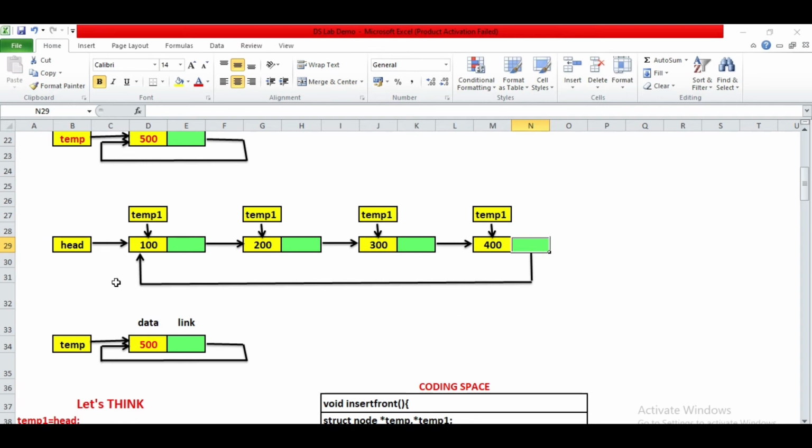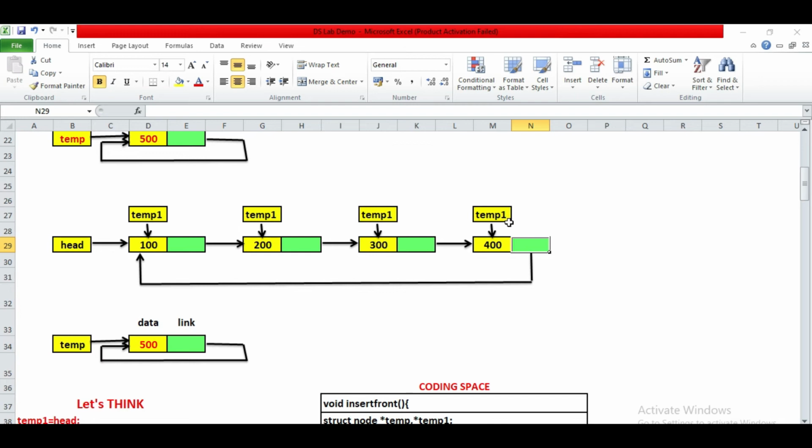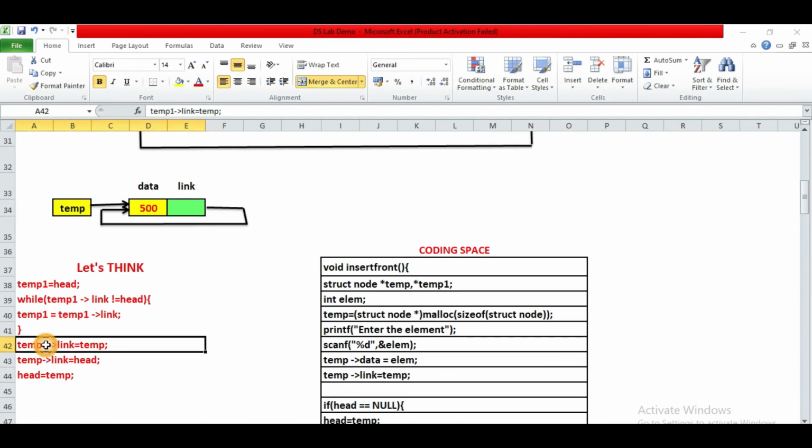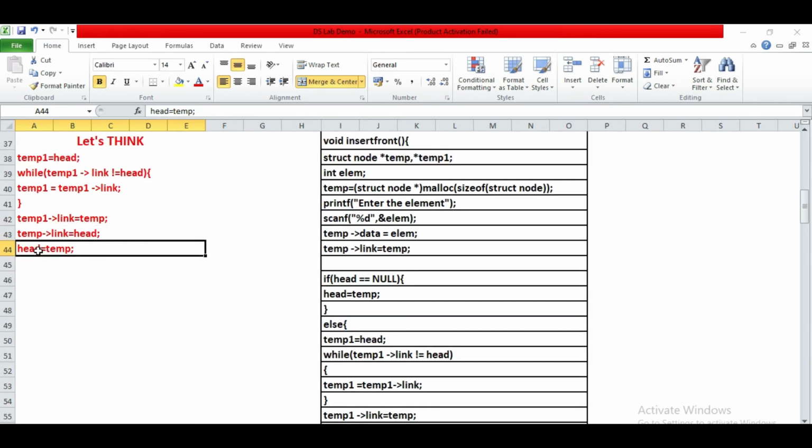Here it is equal to head, so the condition is false. Otherwise we move temp1: temp1 equal to temp1's link. With this, temp1 will point to the last node. Then we make changes to the links. First, temp1's link is equal to temp. Second, temp's link should point to where head is pointing. Then head is equal to temp.